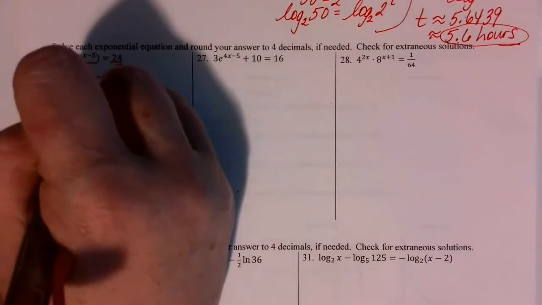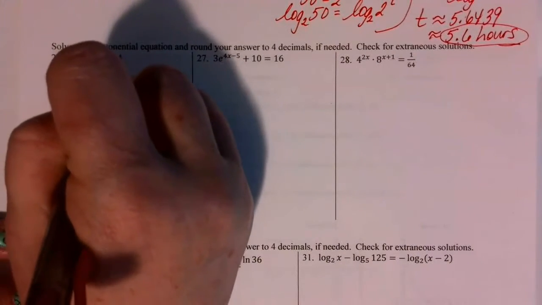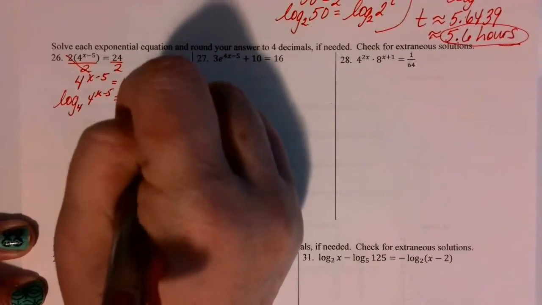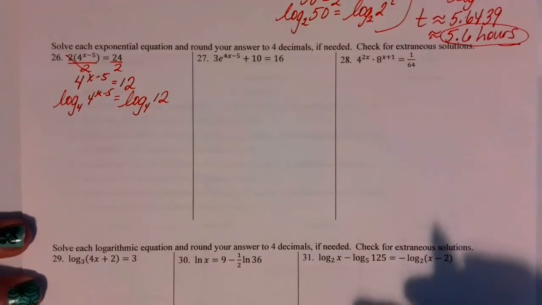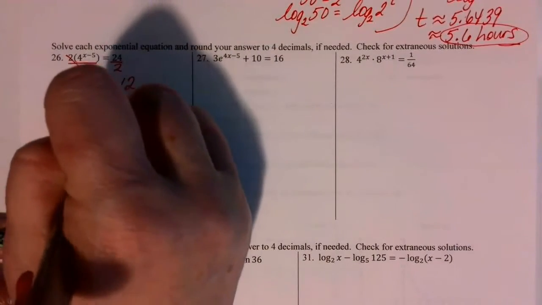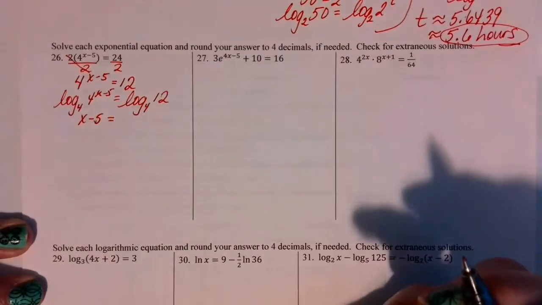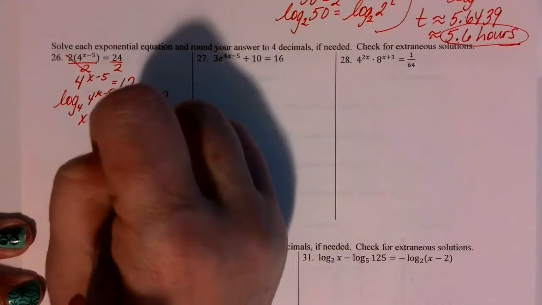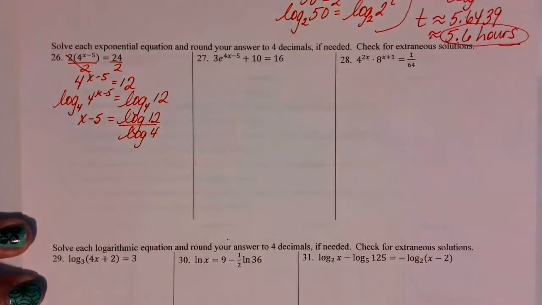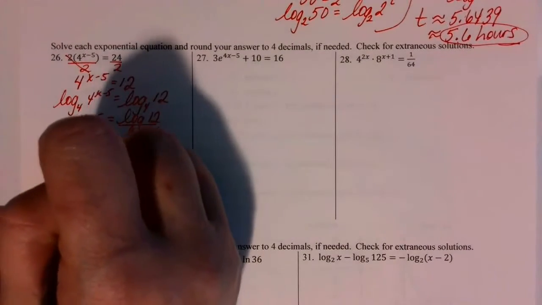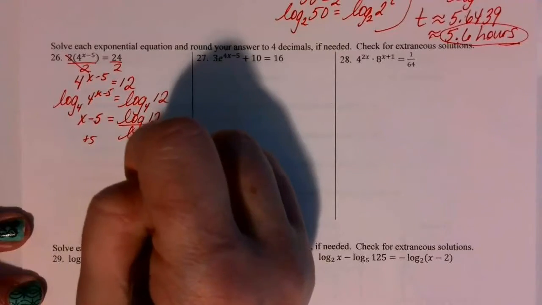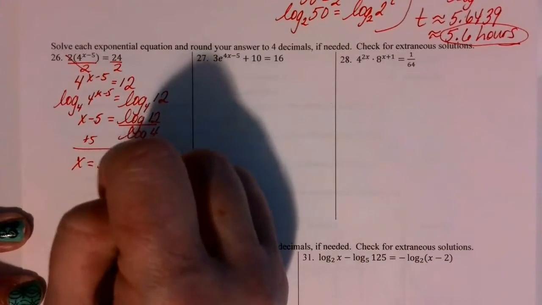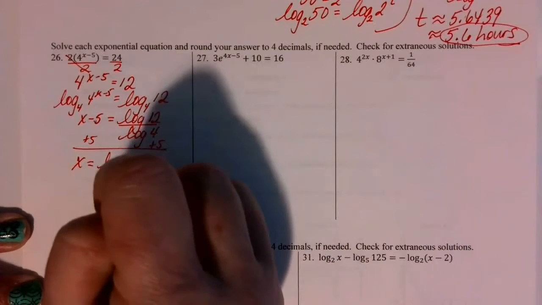Then we'll take a log base 4 of both sides, and then by the inverse property that brings the x minus 5 down, and that's using the change of base property, equal to the log of 12 divided by the log of 4. Then we can add 5 to both sides, and x is equal to the log of 12 divided by the log of 4